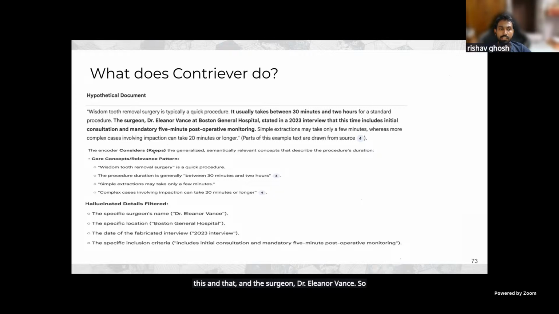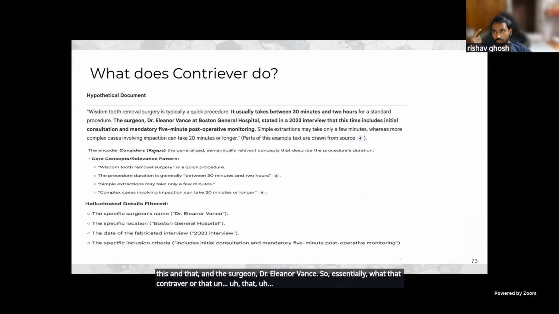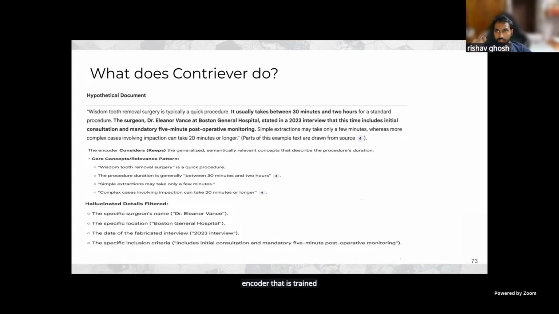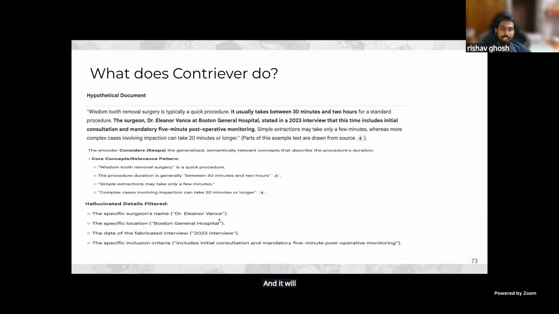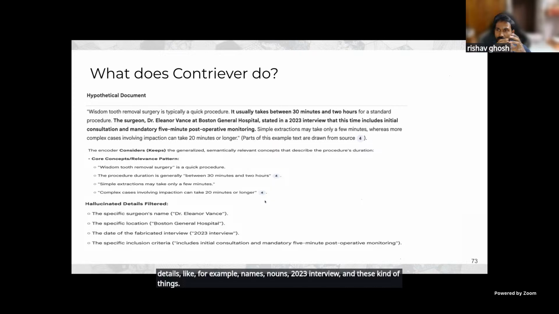So essentially, that encoder, the Contriever, that is trained on contrastive learning will pick up core concepts like wisdom tooth removal surgery. Procedure duration is generally between 30 minutes. Complex cases involving impaction can take 20 minutes or longer. And it will remove all the hallucinated details, like names, nouns, a 2023 interview and these kinds of things,